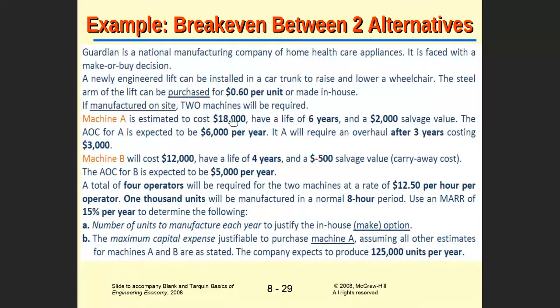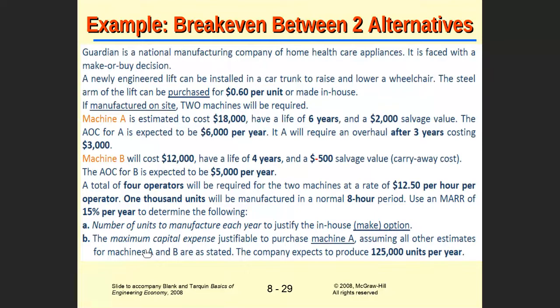Now, this question is a little bit tricky. Since the production level given is greater than the break even, this means we are going to go with the making option. Part B says, okay, we know that you are going with this option because it has the lower variable